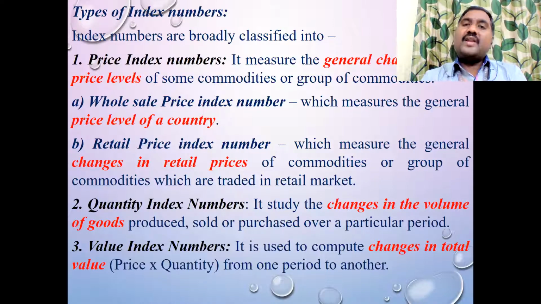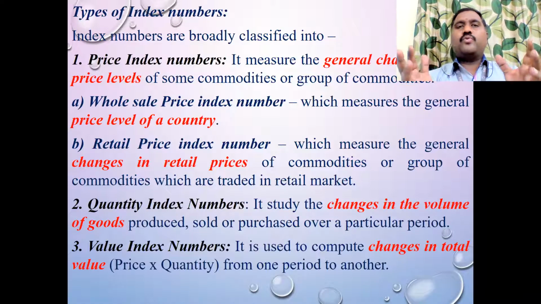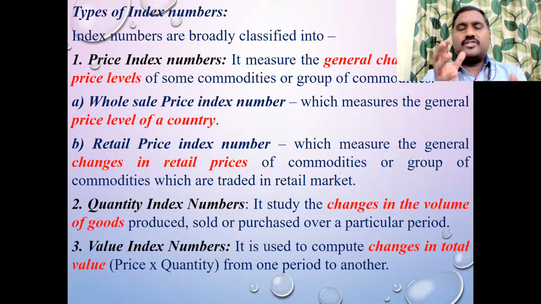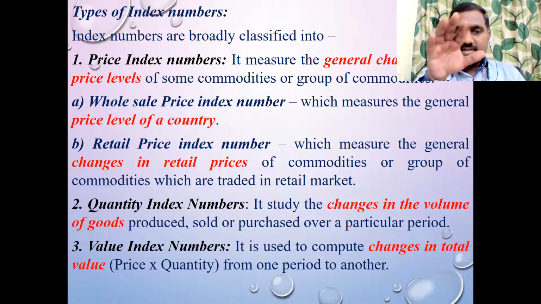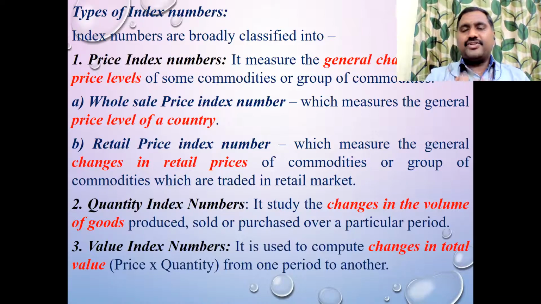And then the third one is value index number, which is a combination of both price and quantity. If you get goods in bulk, definitely they will get some discount in the price. So the changes in the value are called a value index number. So these are the three types of index number. Most probably when you are working out problems on index numbers, we will be working with these three kinds of variables only. What is the change in the price, by comparing 2012 with 2005, 2013 with 2005 base period? What is the change in the quantity? Like that, we are able to work out the problem. Okay, clear about the types of index number?